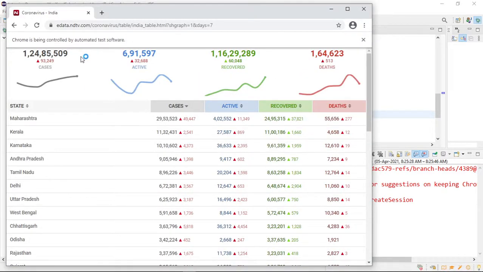12485509. So after that, what you can do, you can try for this one, or this one. After that, you can put one if else condition, fetch this text using getText, and apply the if else condition whether the two are similar or not. So this can be an assignment for you. You can do that, right?